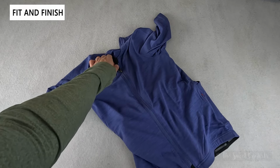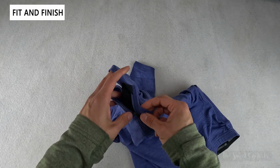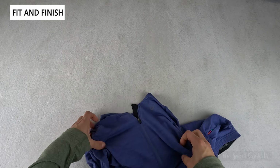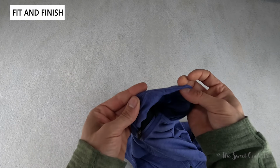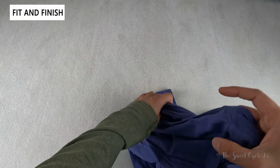This is a locking front zipper, so you can just fold it in place, and then it won't move, which is nice. A very low collar, so you can see it's definitely designed for warmer climates. Just extends slightly, and it's nice and comfortable, so you can feel it's very soft. You don't have any awkward seams here. If we go to the back side,